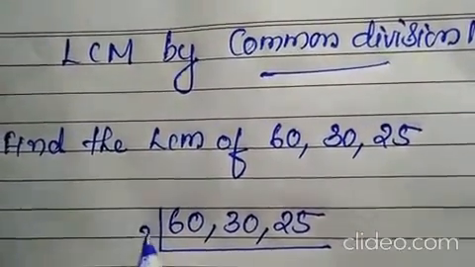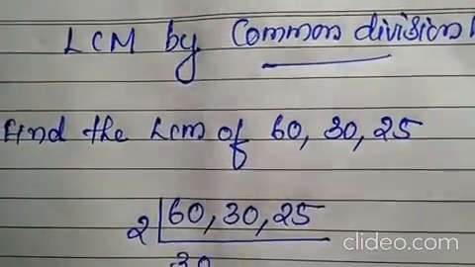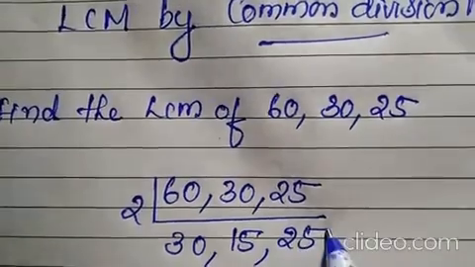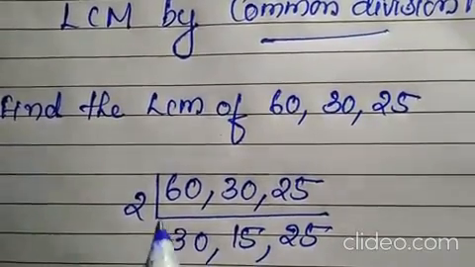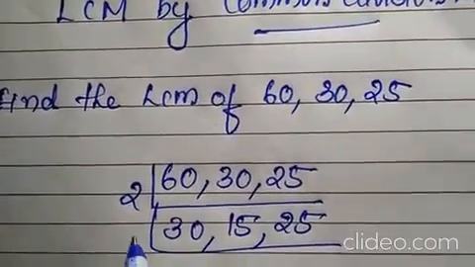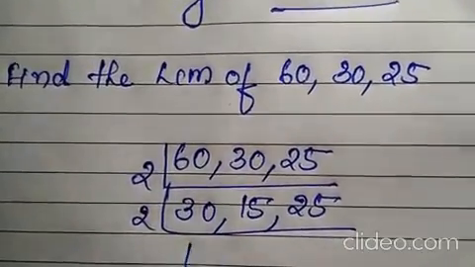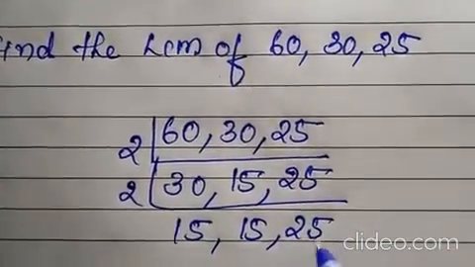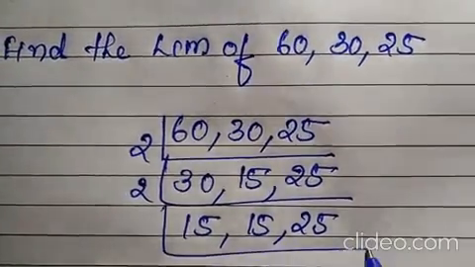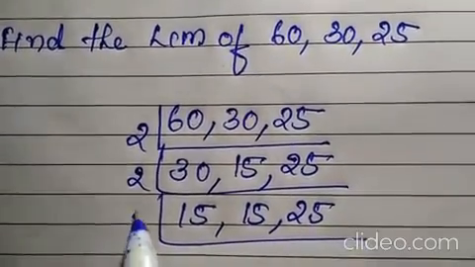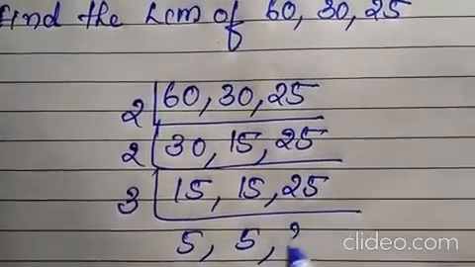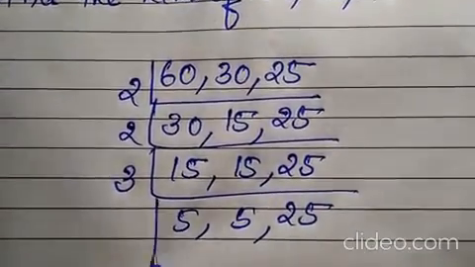It is possible in 2. It will come 30. Again 2 15s are 30. Again 25 is not possible, so we should write it like this. Again with which table is there? Again with the 2. 2 15s are 30. Then this number, take it down like this only, because it is not possible over here. Again which table is there? 3. 3 5s are 15. Here also 3 5s are 15. Here 25, take it down.